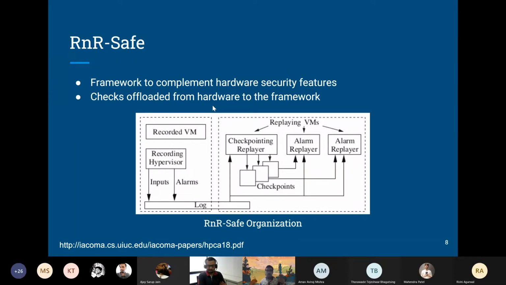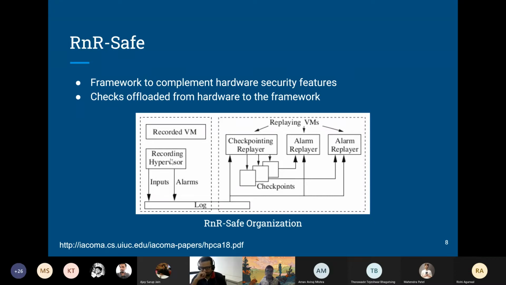And several checks are actually offloaded from the hardware to the framework so that changes in the hardware become easier. And RnR-Safe is organized as follows. Any workload that you want to execute runs inside this recorded VM, and then a hypervisor, the thing that runs outside the VM and controls how the VM runs,